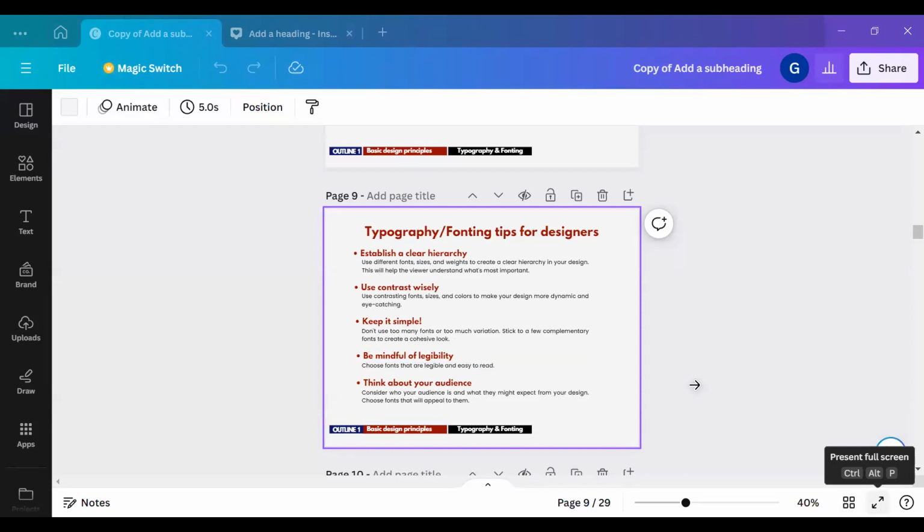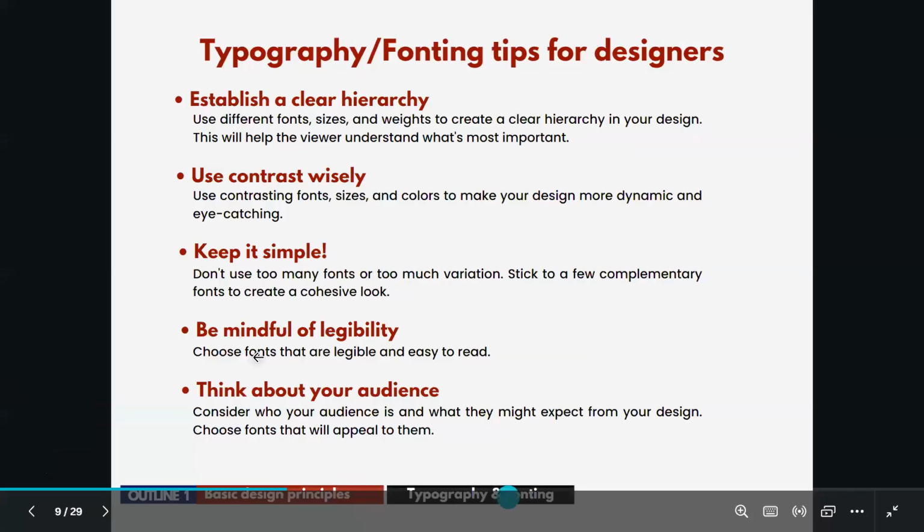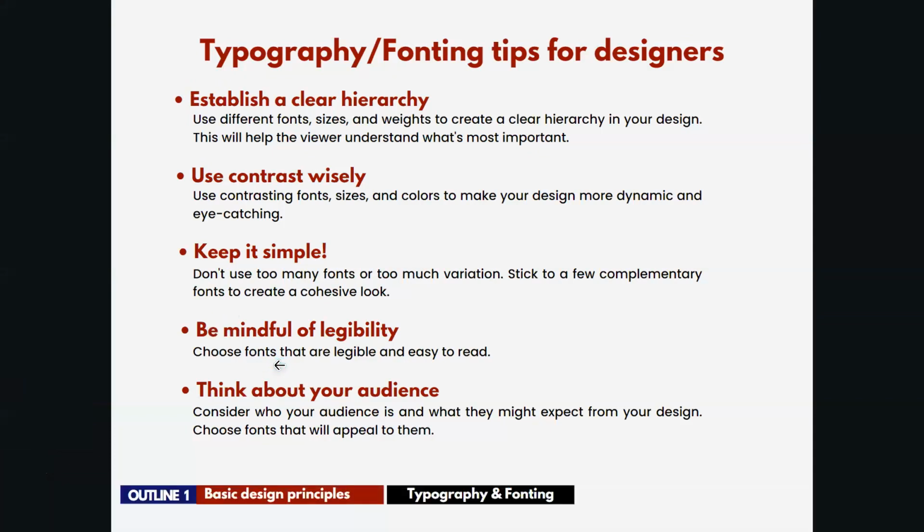So I said, yeah, be mindful of legibility, legible and easy to read, because you're trying to pass a message to your